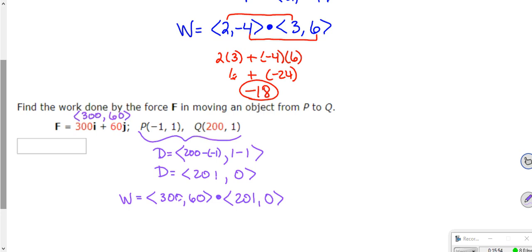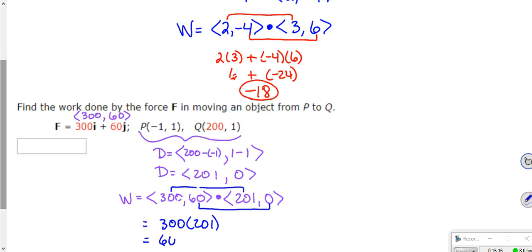Well, again, product of the first position plus product of the second. Now, the product of the second position is not going to matter because 60 times 0 is 0. But what I really have to do is take 300 times 201,